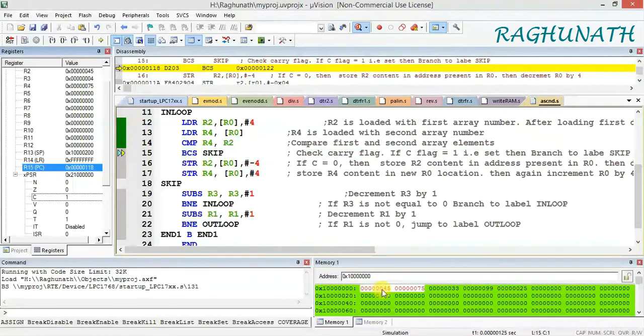So actually it compares the first number with the second number, that is R4 comma R2. R4 is 75, R2 is 45. So actually I think it is doing R2 minus R4, so this is 75 minus 45. It is showing carry flag is 1 here. So I think it is performing R2 minus R4, so R2 is 45 minus 75, which means the carry flag is coming. But according to the theory, R4 minus R2 should take place. But when you compare 75 with 45, it is showing the carry flag.